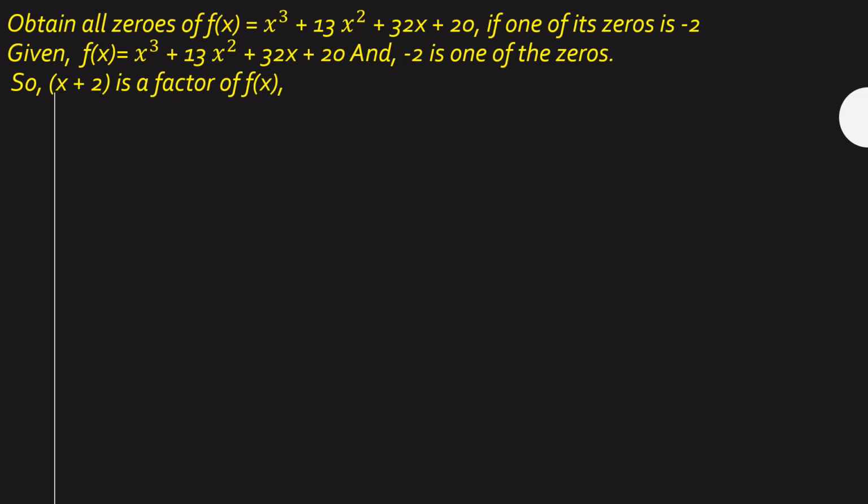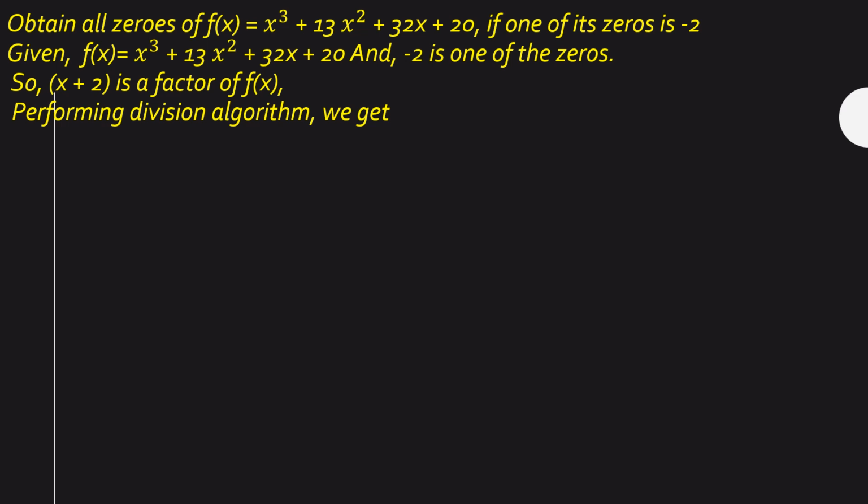So if you get one factor, to find the other two factors, we will use the division algorithm. That means we will divide f of x with the factor x plus 2 so that I will get the remaining. For example, if you take 12, 12 is equal to 2 into 6. 2 is a factor, 6 is a factor. Similarly, I have to find x plus 2 into something. Those two are the factors of the given function f of x. So now I will go with the division algorithm.